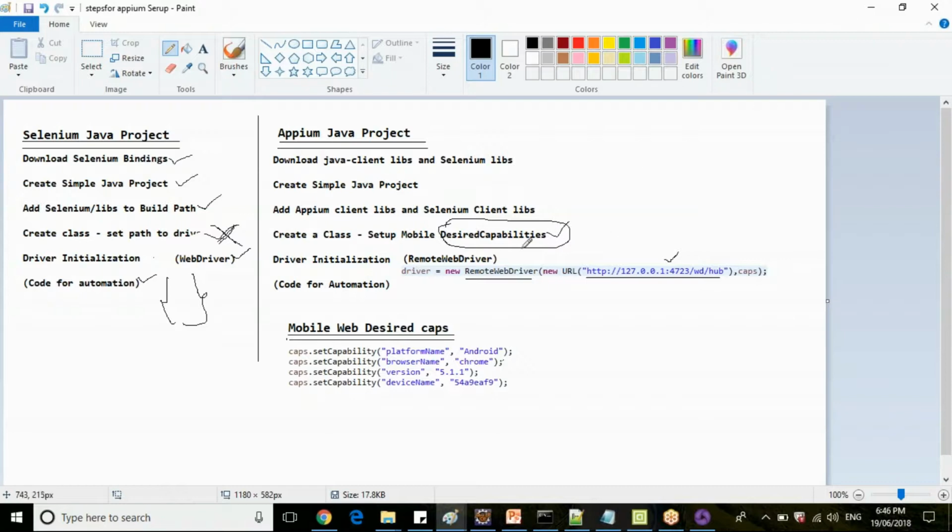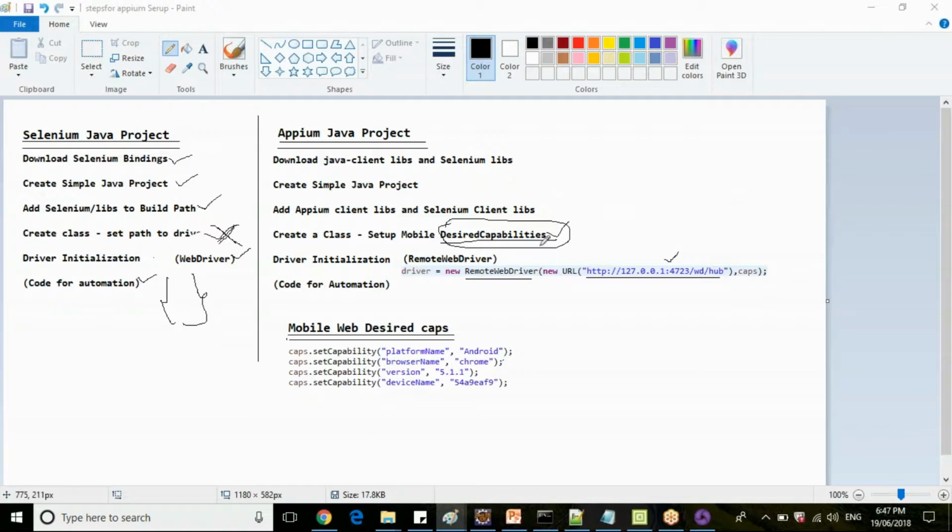What does this desired capabilities class do, guys? Why is this desired capabilities class used? To set attributes for the mobile device.